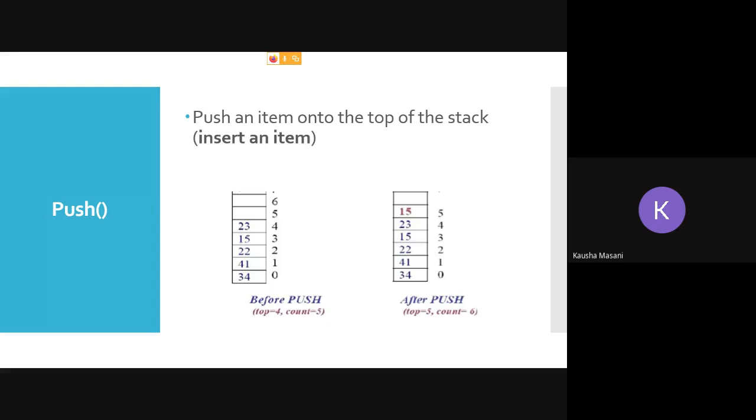Because if you are writing n directly, then your n should store the value of stack size minus 1. That means your n with regard to this example should be 6. Then you can say that if top is equal to 6, that means top is pointing here at 6, and the stack is full. But if you are taking n directly from what the user has entered, that is the total stack size, then it is wrong because there is no 7 here. Right? Now you got it? Pranjul?